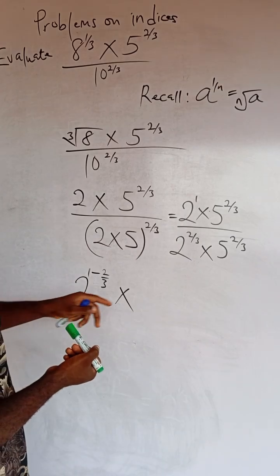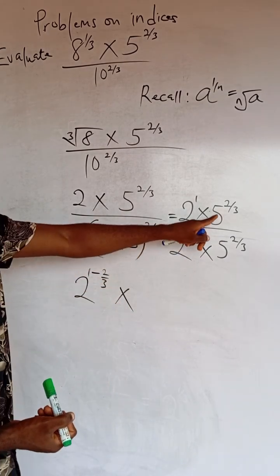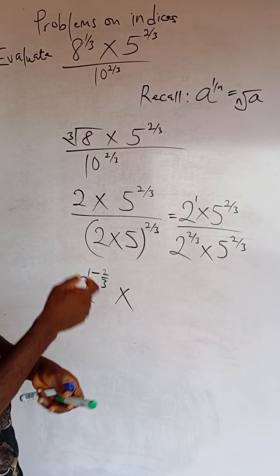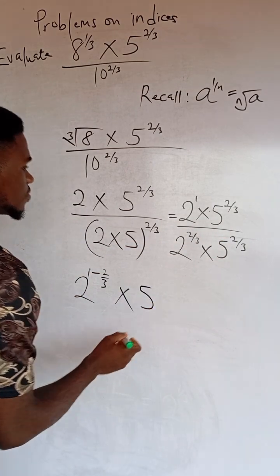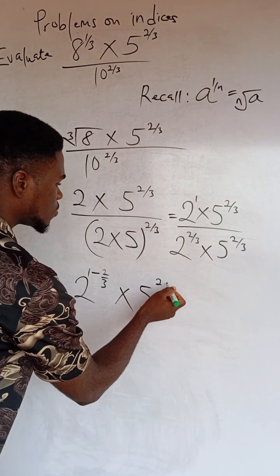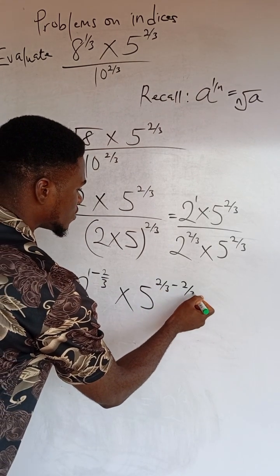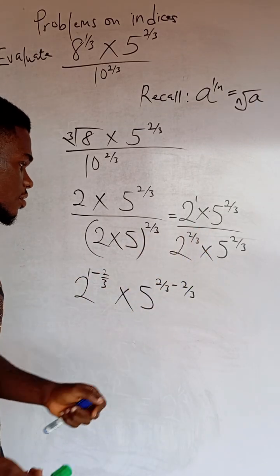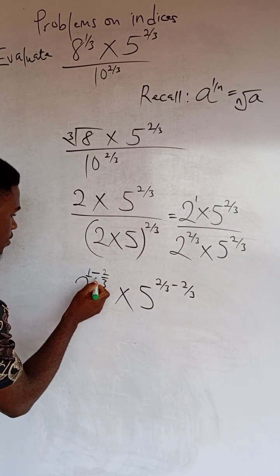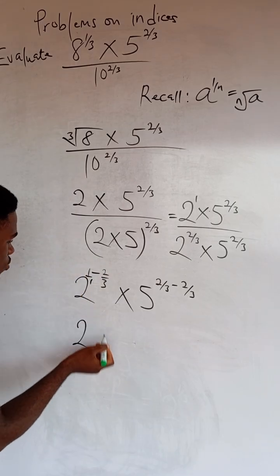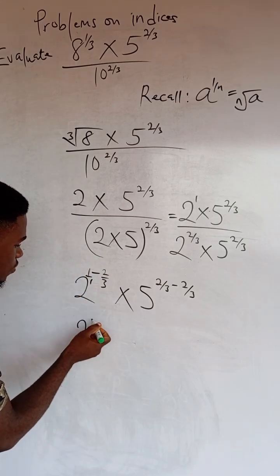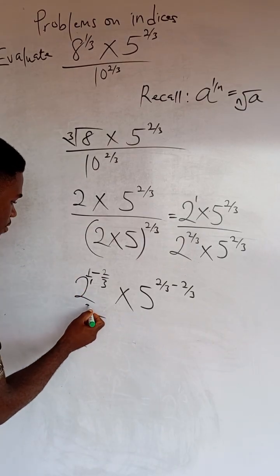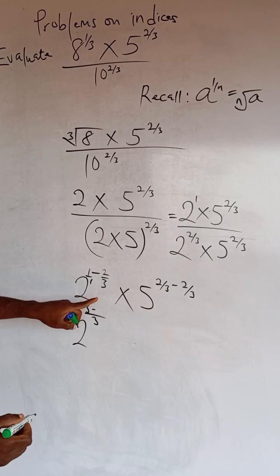times. Now you come to this, the same thing is applicable here because they have the same base and you are going to divide. So when you're dividing powers of the same base, you take one of the base, you subtract the powers as well: 2 over 3 minus 2 over 3. So long as they are the same base, you just pick one, then you subtract their powers because you are dividing. Now here, I'll just put over 1 and find the LCM. I'm going to have 2 to the power of, the LCM of 3 and 1 is 3, 3 divided by 1 is 3, 3 times 1 is 3, minus 3 divided by 3 is 1, 1 times 2 is 2,